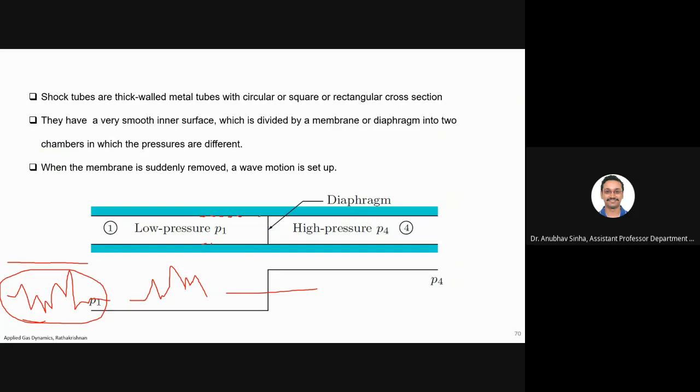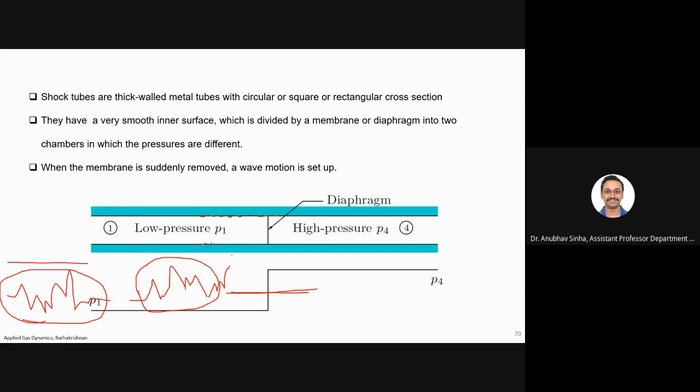So inside the tube you will have some microscopic undulations. Some small ups and downs will be there at the very small level. It may not even be visible to you without a microscope. With the naked eye you cannot see this. With the naked eye you will see that it is flat, but something will be there, up and down. Some perturbation will definitely be there depending on what manufacturing process you have used to finish that surface, whether you are grinding or you're just simply drilling a hole.